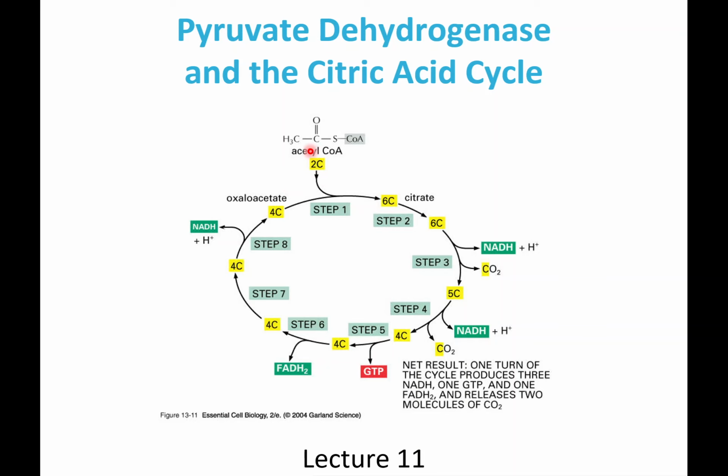So that's really our reference point. And how did we get to acetyl-CoA? There is actually one more step after glycolysis to convert pyruvate into acetyl-CoA. Pyruvate has 3 carbons, acetyl-CoA has 2, so we lose a carbon in this step to get it ready for the citric acid cycle. Okay, I like this figure on the title slide because it shows you how many carbons each of these compounds, intermediates in the citric acid cycle have,